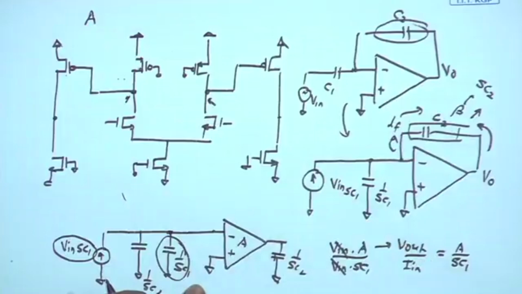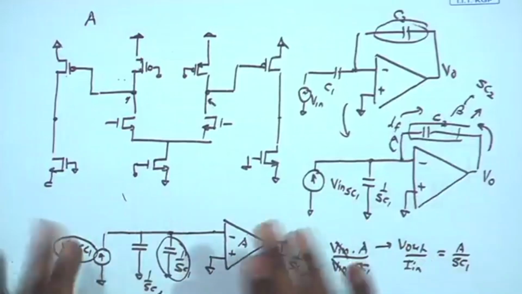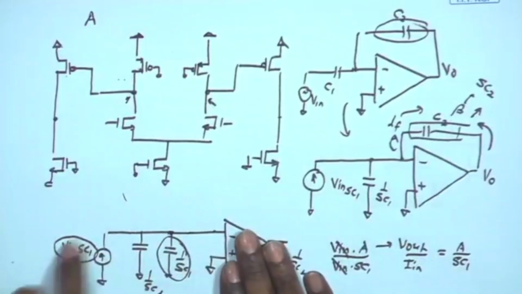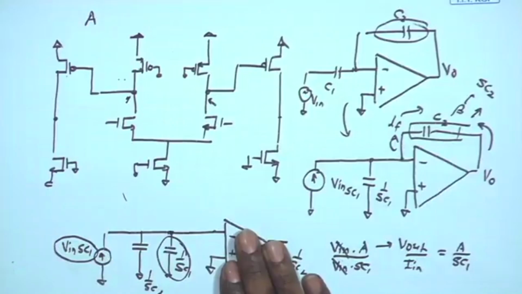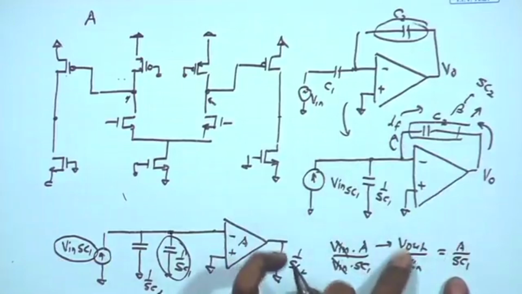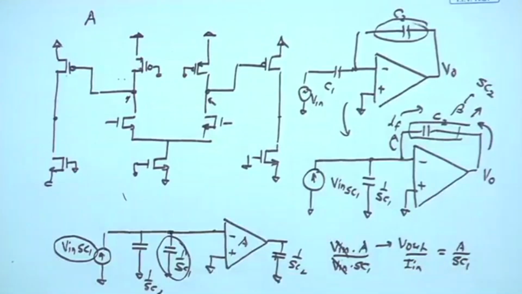but that is the voltage. I want to get the voltage to current gain of this overall amplifier. Our current by definition in this case is V in SC1. We have arrived at the equivalent current source by Thevenin equivalent derivation. So, this is the V in SC1. So, we divide it and we get V out upon I in, which is A upon SC1, that is the open loop voltage to current gain of our shunt amplifier,